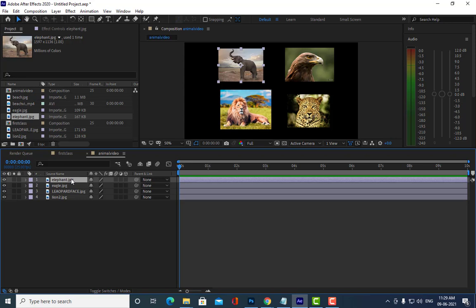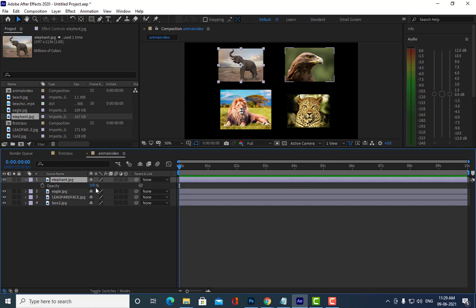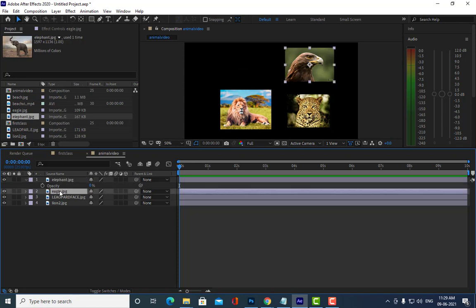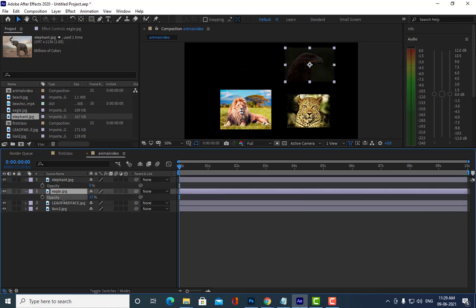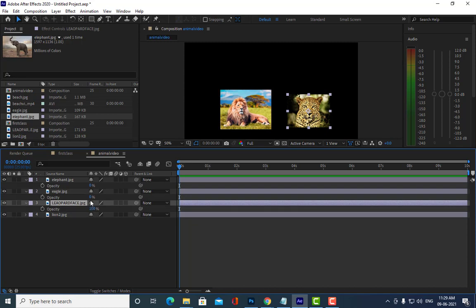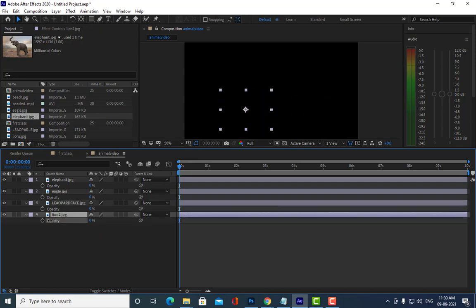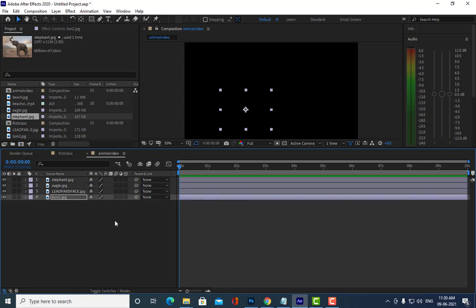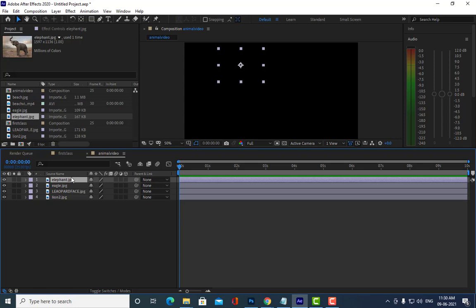How to reduce the opacity? See, T. See opacity, and then for eagle also, for leopard also T, and for lion also T. So like this, right? So then what is the next thing we have to do?